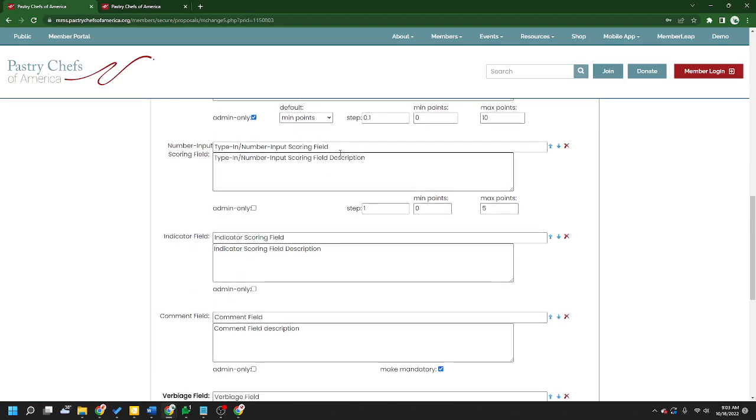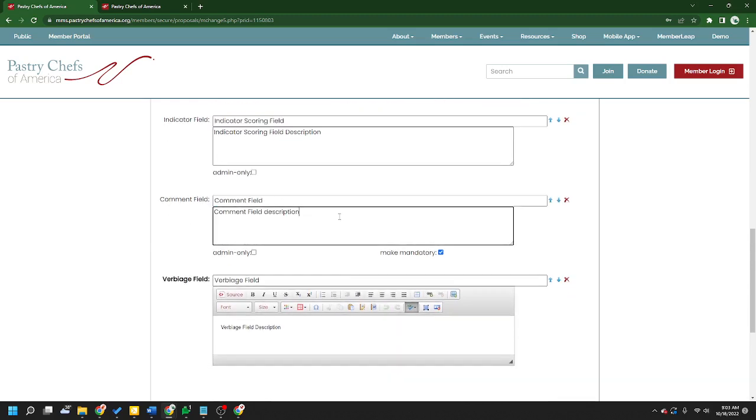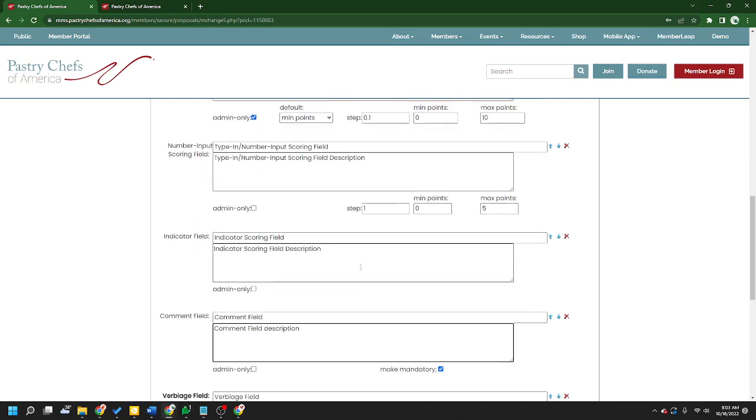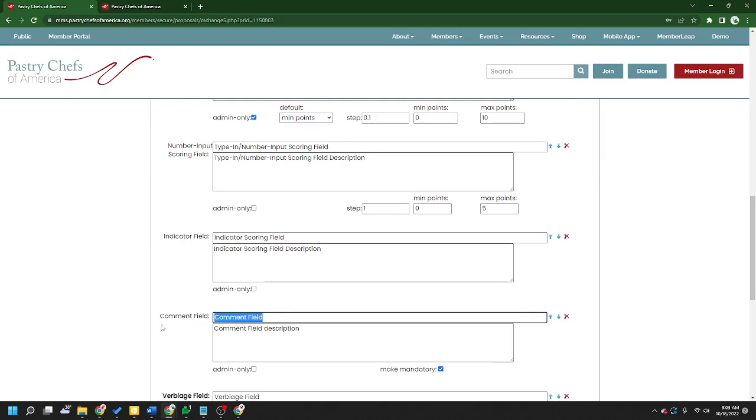Number input, so this would just be a type-in numerical field for the scores, and again, the steps. Indicator, this is just a checkbox. Comments, this will allow for them to enter in comments regarding the submission. You can have multiple if you'd like to, so if you have, let's say, a drop-down scoring, numerical, and then if you wanted to go ahead and put a comment field right under, asking why did you give this, or